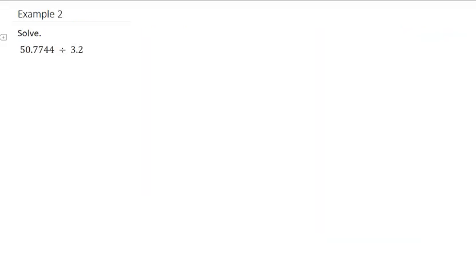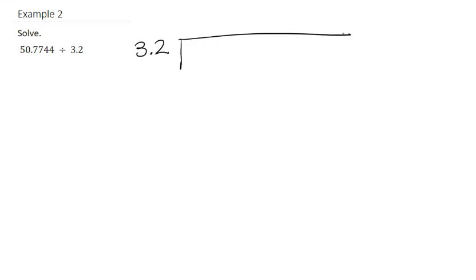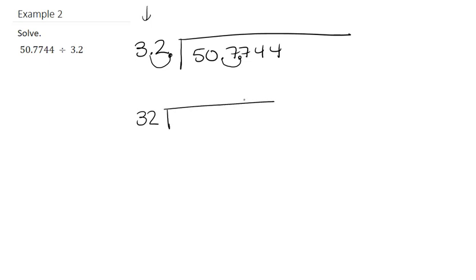Example 2. We have 3.2 going into 50.7744. So when we do this, we can go 3.2, and we're going to take this 50.7744. Now, we see we have a decimal in this divisor. So we're just going to go ahead and have to move it over 1. So now we have 32. But whatever we do to the divisor, we have to do the dividend. So we would also move this over 1. So now we have 32 going into